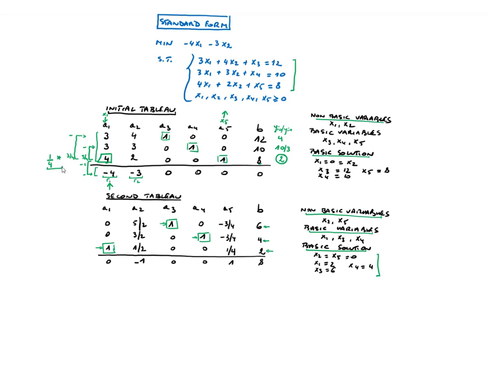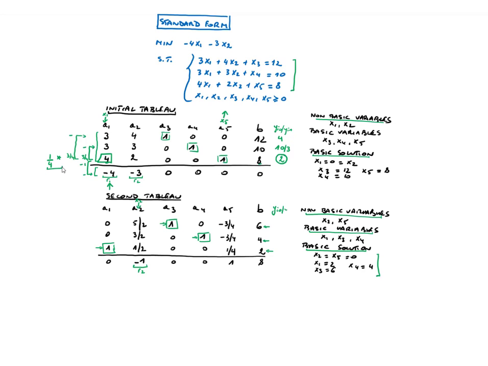So now we can continue. The reduced cost R2 is still negative, so this basic solution that we have found is not yet optimal, but we know now that x2 is going to enter the base, and we need to decide which variable is going to leave, right? So we need to compute this ratio